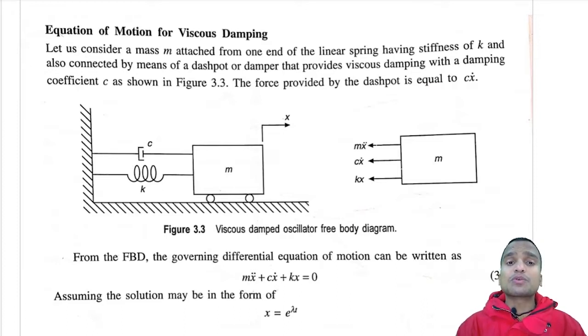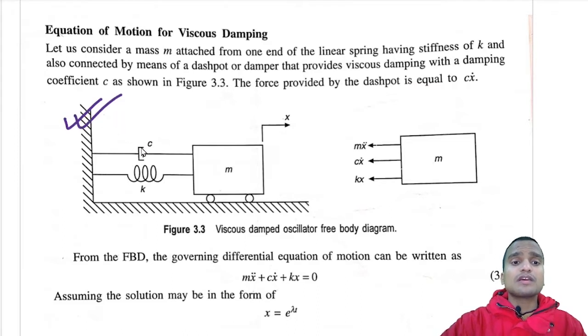Here we are going to learn how to derive the equation of motion in free damped vibration when there is viscous damping. For that we have considered this model, okay? You are seeing this model. In this model there is a block of mass m. It is attached with a linear spring having a stiffness k. And a viscous dashpot is also attached to the block of mass m, and its damping coefficient is c, okay? This is the dashpot having damping coefficient c.